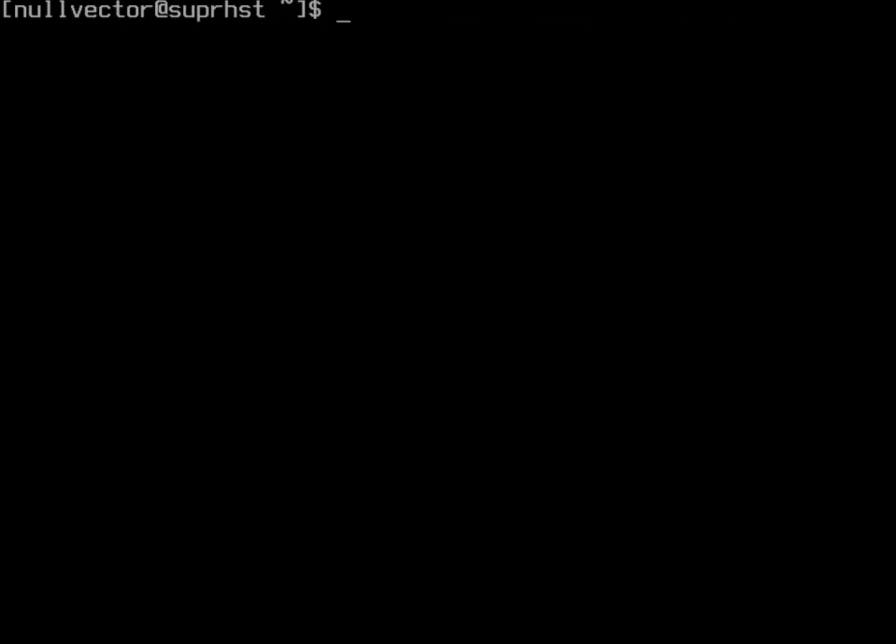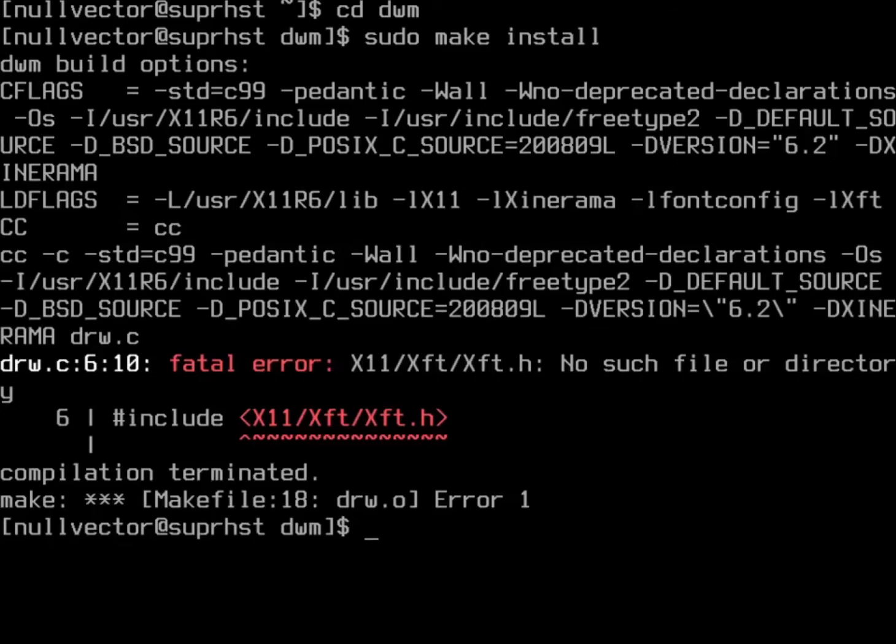So right now we have completed cloning DWM, Dmenu and ST. Now we can cd into DWM and we can do sudo make install. So we are getting an error. This is telling us we don't have one dependency installed for DWM. From here we can see it's XFT, so probably it's the XFT library, so we can install that using